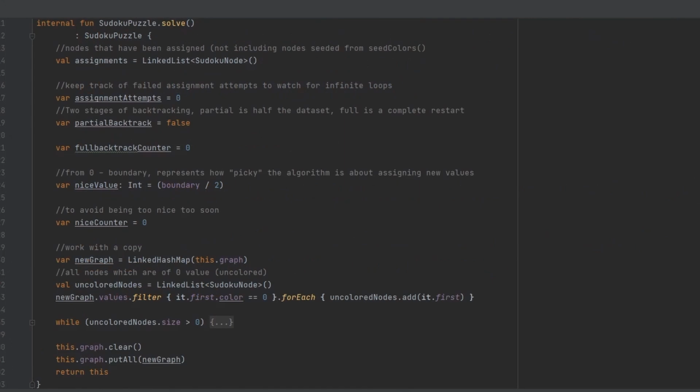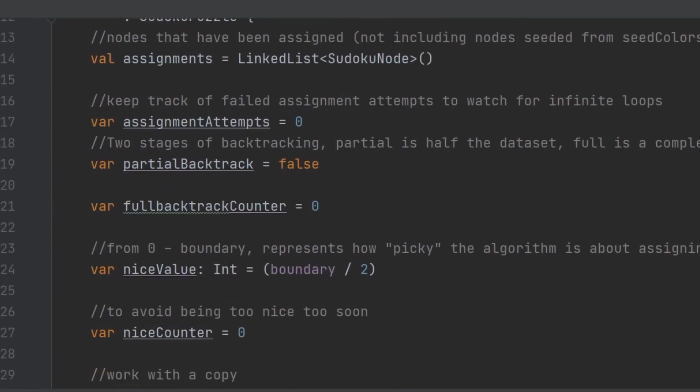Perhaps the most important algorithm in this series of algorithms is the solver algorithm. The solver algorithm takes in our seeded graph and attempts to solve the puzzle from there. Now, I had already written a few other solver algorithms that didn't use graph data structures, so I was curious to see if using a graph would actually make this process easier. In some ways it did, but it was still overall quite difficult to write a high-performance solver for n-sized Sudoku